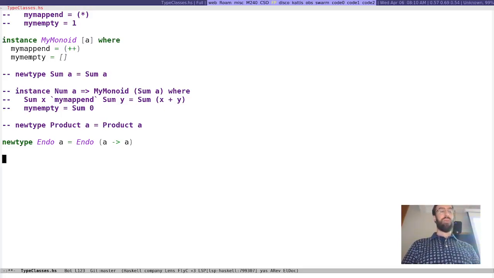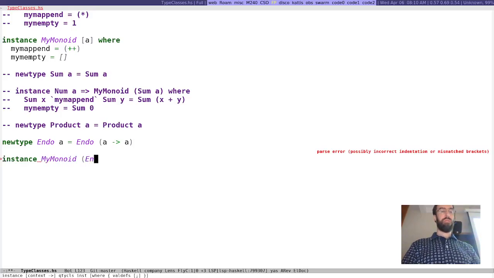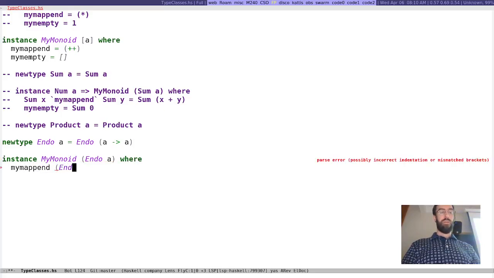It's not commutative, like if I switch the functions, I might get a different function. So it's going to look something like this. If I get Endo F1 and Endo F2, I'm going to get out Endo of F1 dot